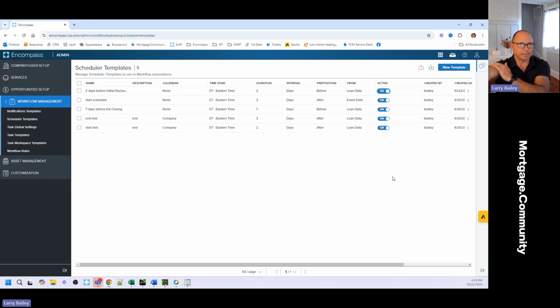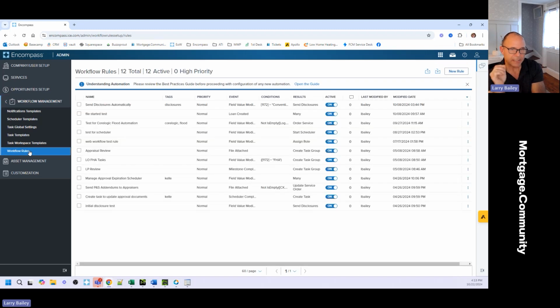Gang, this is not running. I want you to absorb that. Creating a scheduler and activating the scheduler simply creates the ability to use that scheduler in a workflow rule. Please don't forget this. I know too many admins, again, it's newer, right, but too many admins that are creating schedulers and thinking that's it. It's running and it's always counting 2 days. No, it's just available to use in a workflow rule so that you can start it.